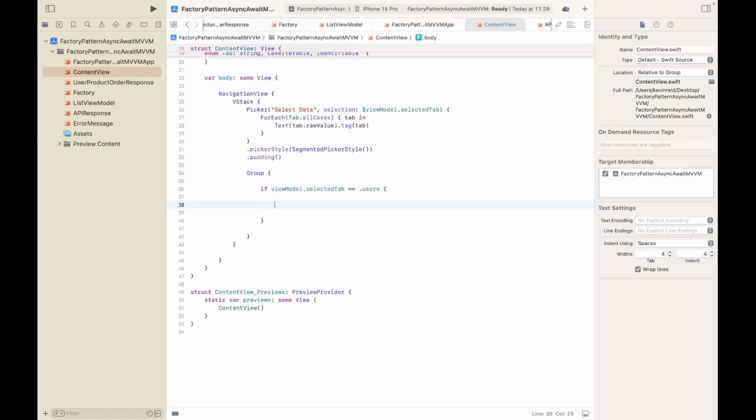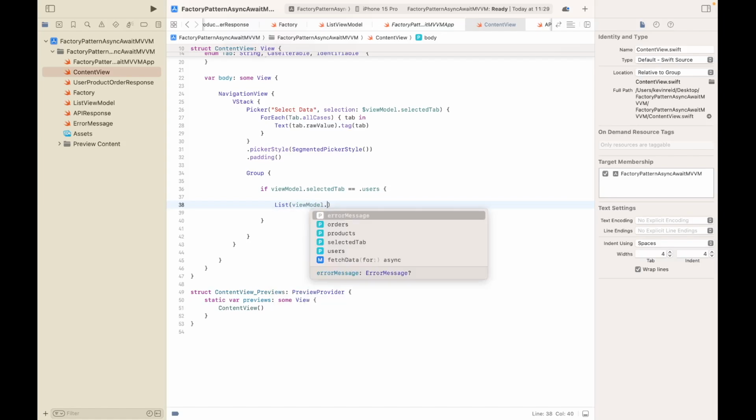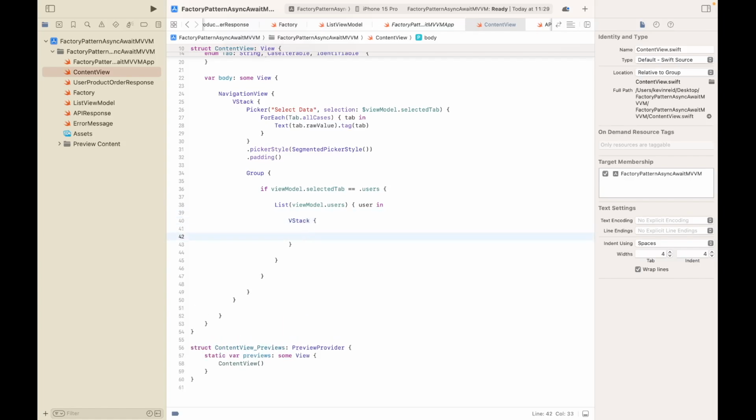So if the user selects the users tab, then we create a list and then we loop through the viewModel users array. We also create a VStack, and then for each of the users, we display the user's name,